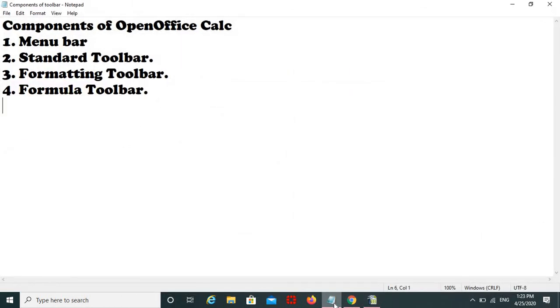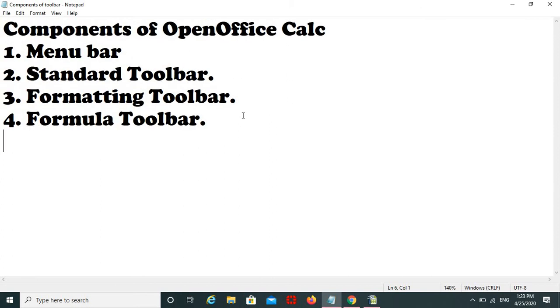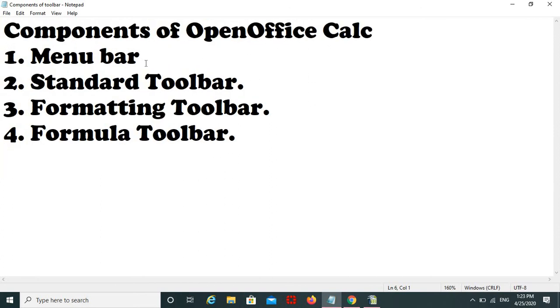These are the four important components of OpenOffice Calc. First one is the menu bar, second one is the standard toolbar, third one is the formatting toolbar, and fourth one is the formula toolbar. I hope you understand this point. The menu bar contains a list of menus. It contains only names, for example file, edit, view, window, tool, help. The standard toolbar contains the smallest icon of a particular menu.